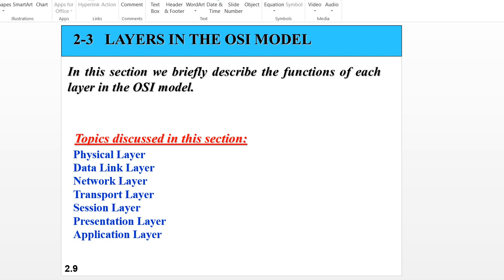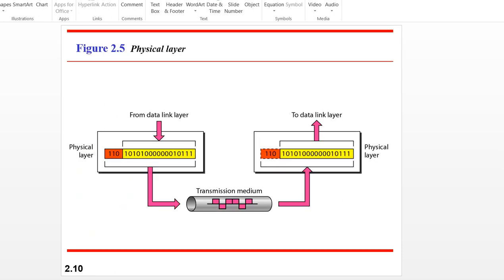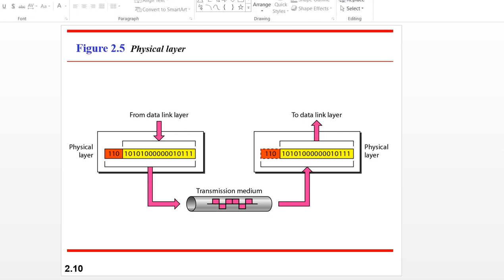Here, as you know, there are 7 layers in the OSI model: physical, data link, network, transport, session, presentation and the application layer. Then what is the physical layer responsible for? Physical layer means there is a physical activity, or a physical cable must be there to send the data from the sender to the receiver. One more thing I make clear: if any data is sent from sender to receiver, it must come from the application layer, presentation layer, session layer, and so on down through the layers. But I am explaining all the layers starting from the physical layer.